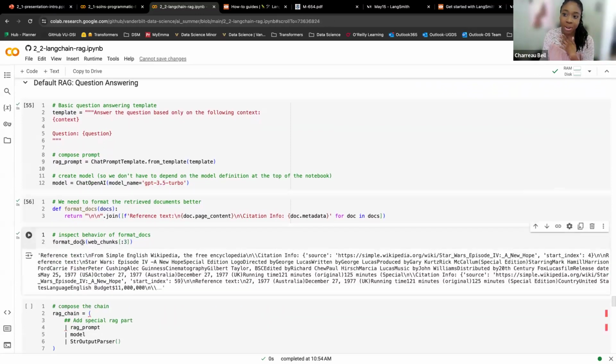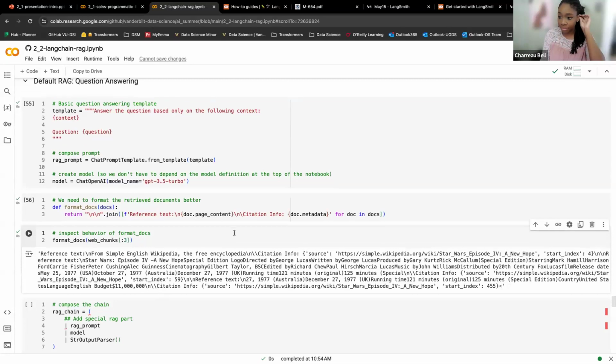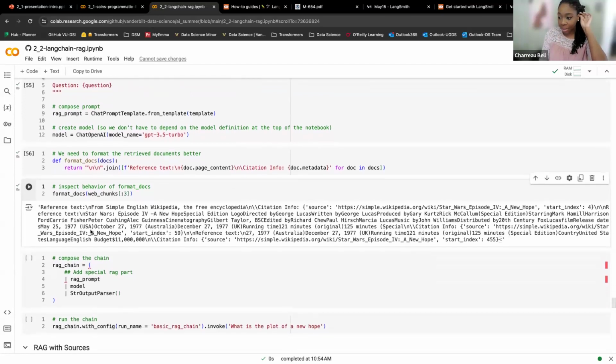So here what we're doing is we're calling that function on our document structure of web chunks. And what happens is you can see that this is a string as opposed to a document. And so it's going to format our documents so that they have this particular appearance. So now in creating the actual RAG chain,